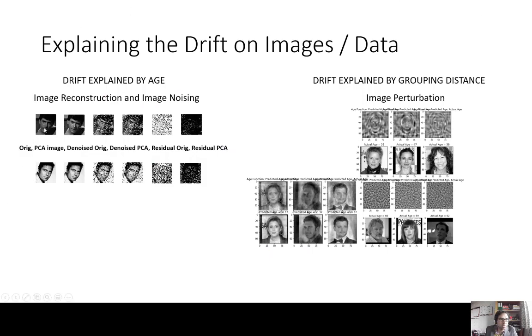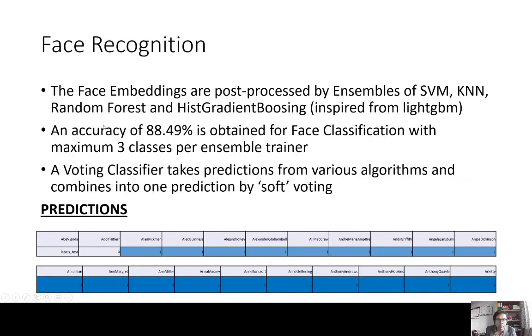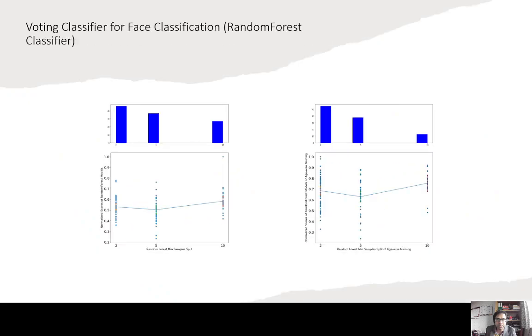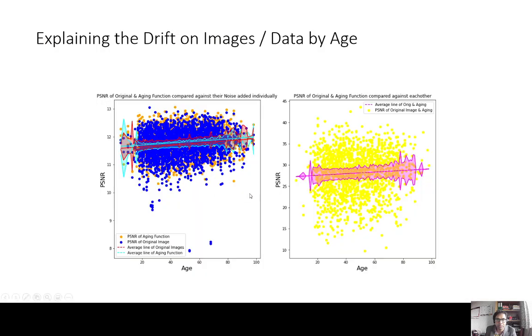I compared the original and PCA image plotted as a yellow scatter plot, which has been shown on that other slide, and I plotted original image and denoised original. So the right hand side is the yellow scatter plot where I actually compared original image and the aging function, which is a PCA image from the statistical PCA model, face aging,